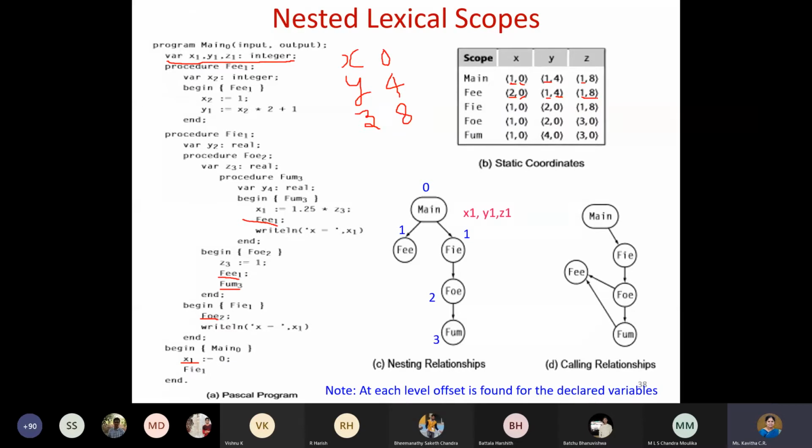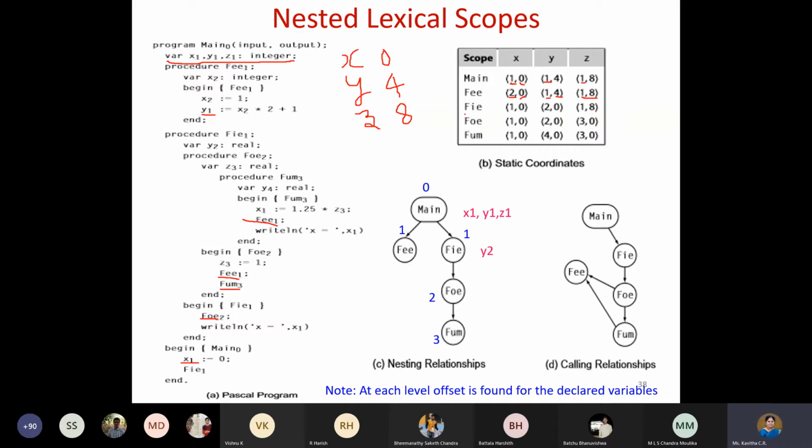So that's what is mentioned in this diagram also. I have just kept track of all these. After main, I have declared x1, y1, z1, and that is in that scope. And once you enter some function, the scope varies according to the declaration. So at phi, we have redeclared as x2, and for y1, whatever y1 we are using, that is exactly from the previous scope, that is the global scope. So that is about the phi function.